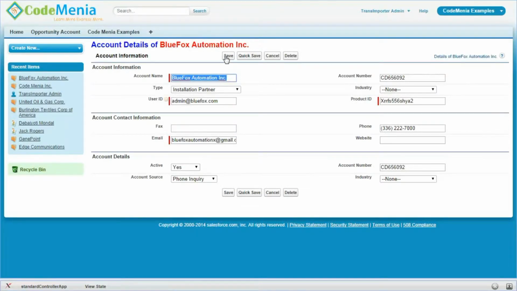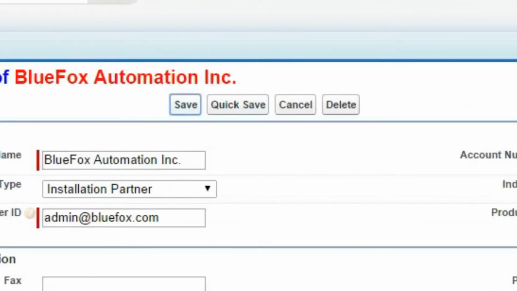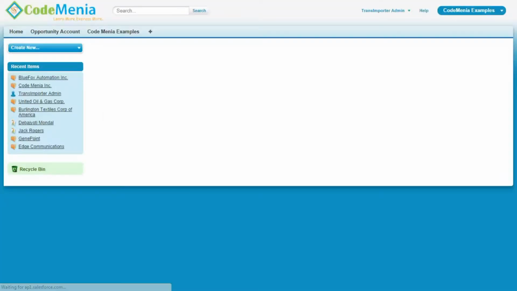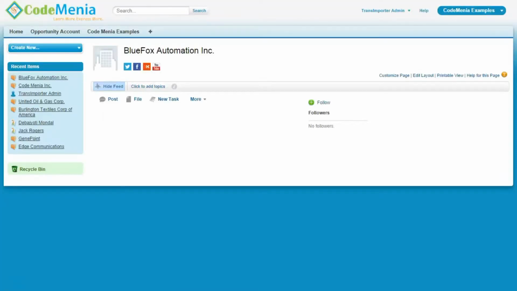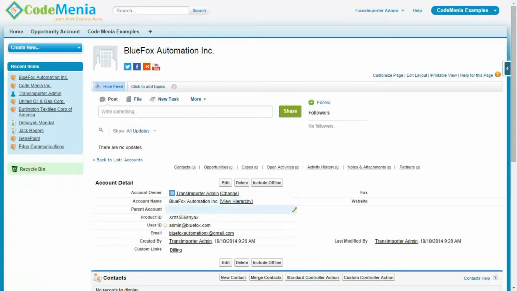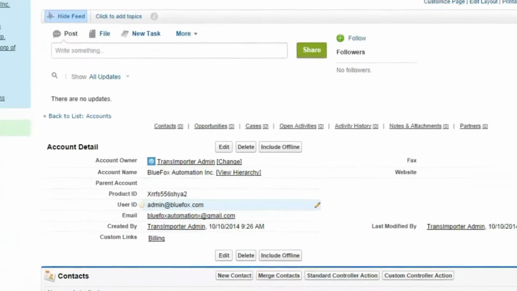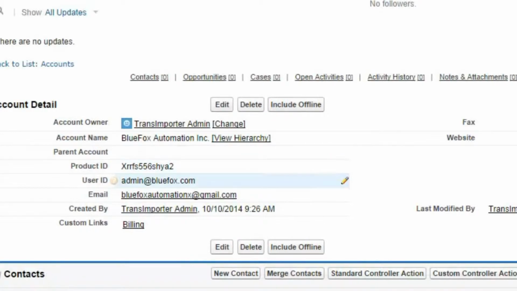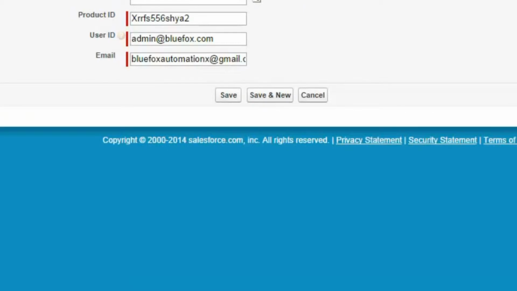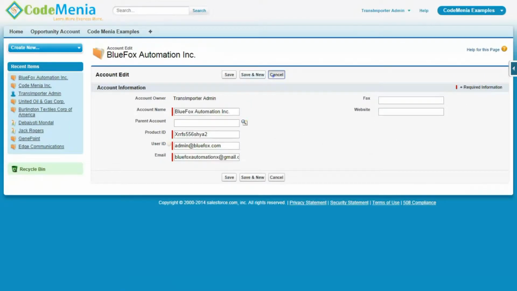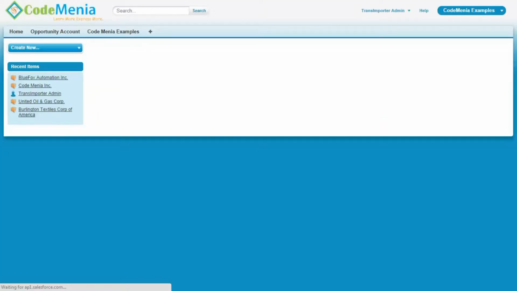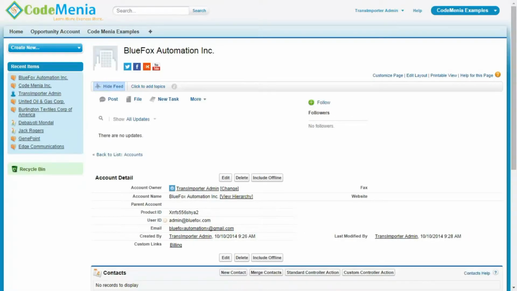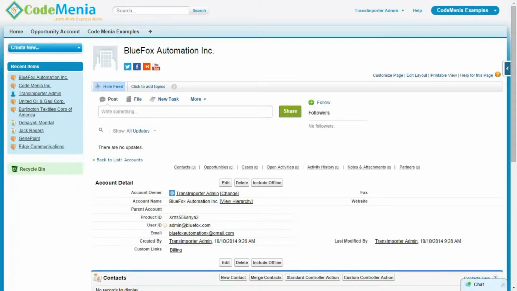See, the record has been updated using all these details. This can be done using the save or quick save method as well. Now again cancelling, it will redirect to the current record details page.